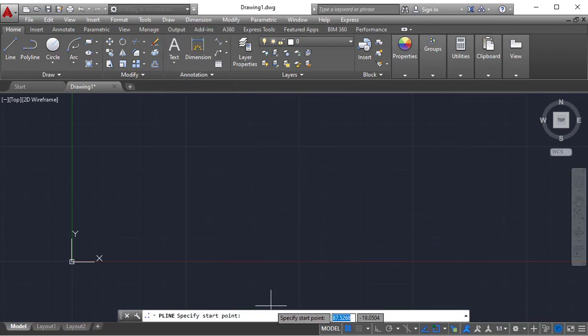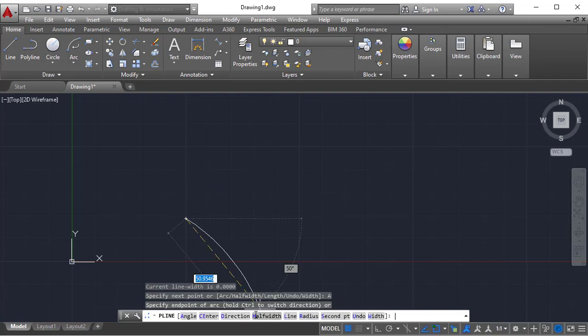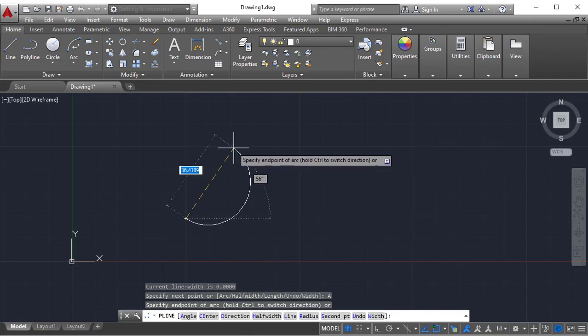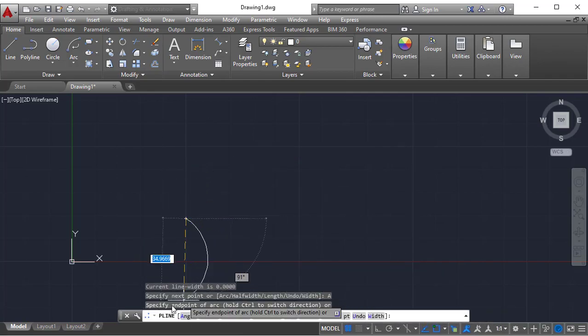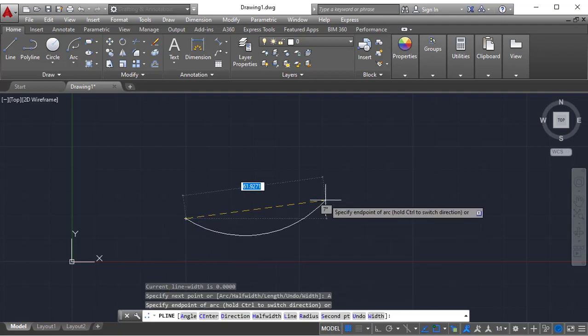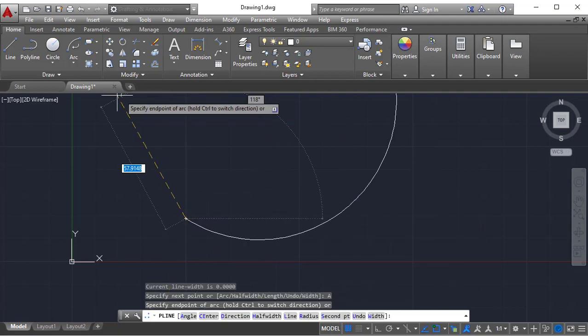Draw polyline. After specifying the first point, arc. If you click on arc, just try to remember these options. You will get an arc kind of profile, and also you are getting some more sub options like angle, center, direction, line, radius, second point. These all are arc sub options that you can get here.